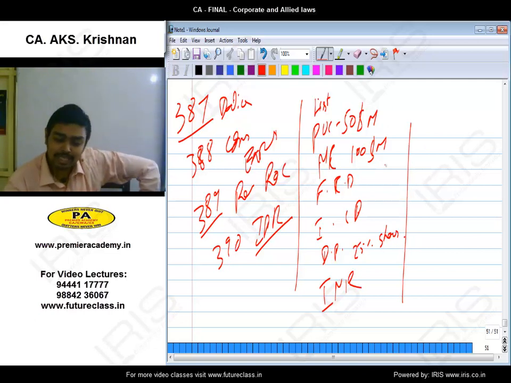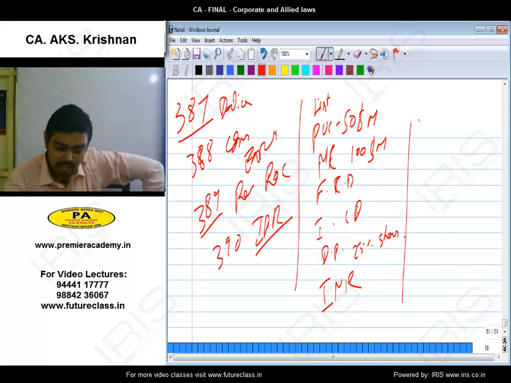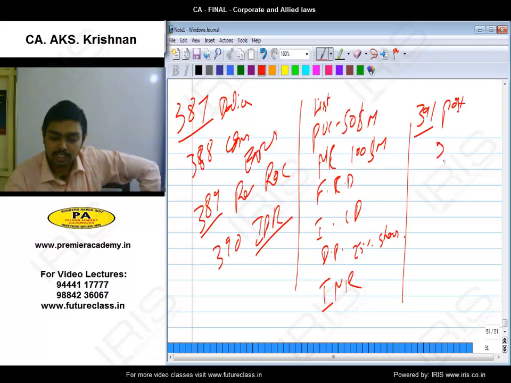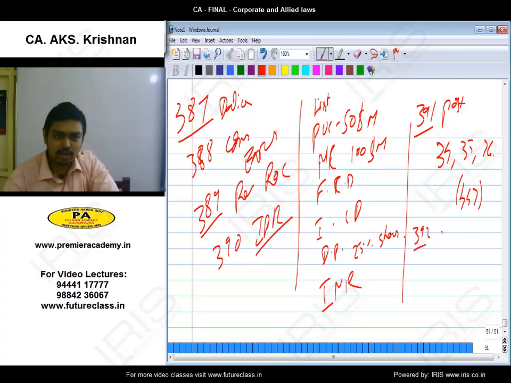Then they should have declared dividend in 3 out of 5 years, within 10 years. Distributable profits they should have earned. Then we had section 391, prospectus. If there is a violation, sections 34, 35, 36 are applicable for them. It actually has nothing to do with the fraud section. Both say fraud. Then 392, if any contravention, 1 lakh to 3 lakh penalty and 50,000 rupees per day penalty